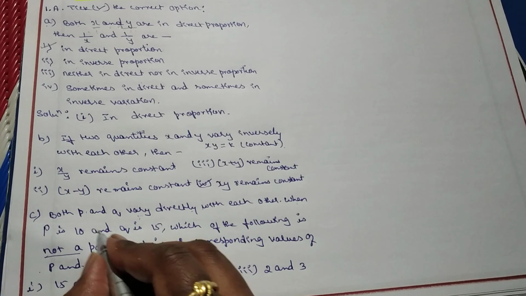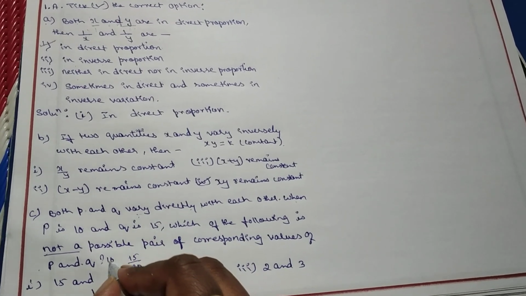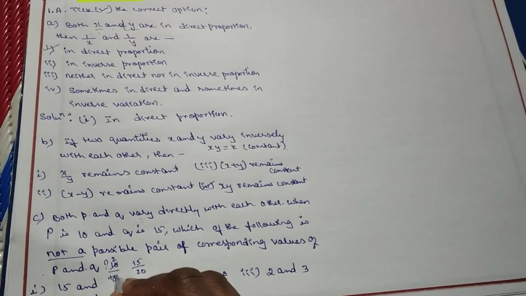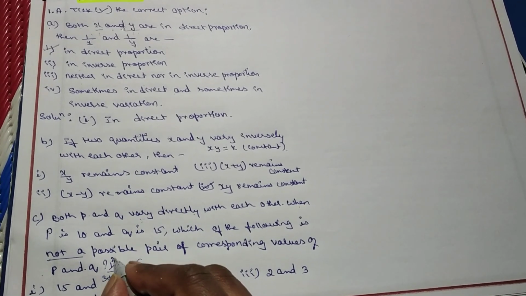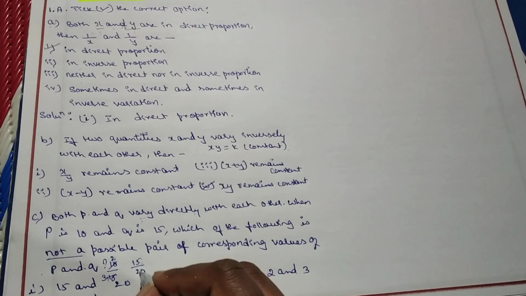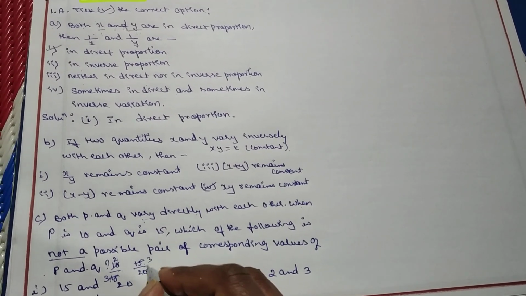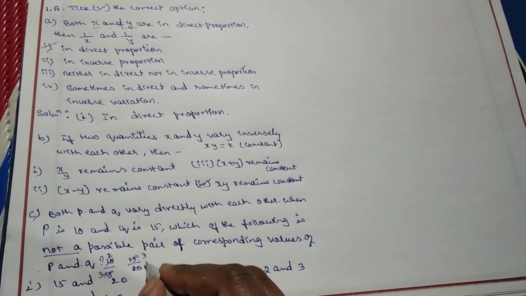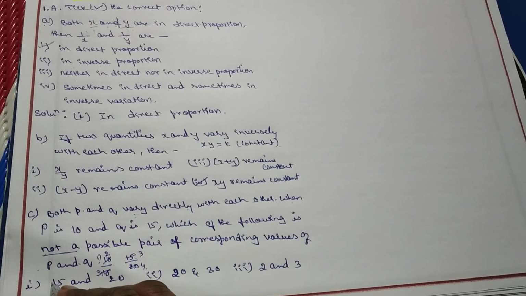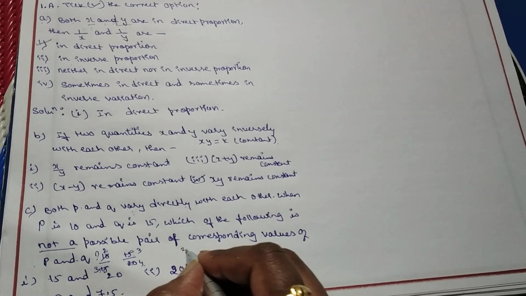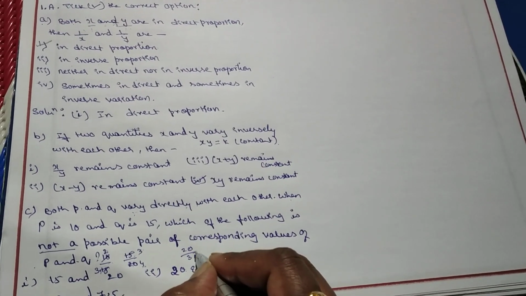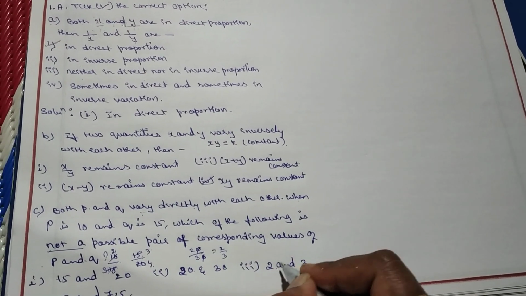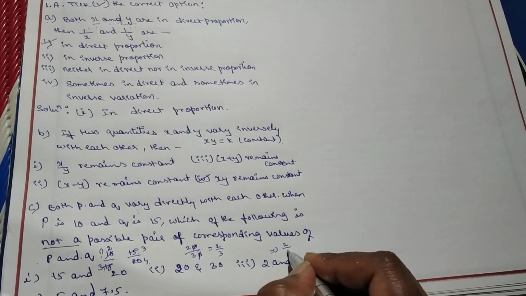So here for the P and Q what we get? So first is 10 by 15. 10 by 15 in the sense 5 2s are 10, 5 3s are 15. So we'll get the constant ratio is 2 by 3. Then check here, 5 3s are 15, 5 4s are 20. So I'm getting the ratio here is 3 by 4. Means this can be. If I check for this 20 by 30, 0 0 get cancels. I'm getting the constant ratio as 2 by 3. Whereas here the given question is itself the 2 by 3.